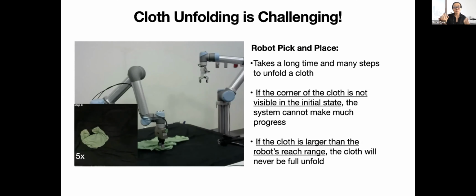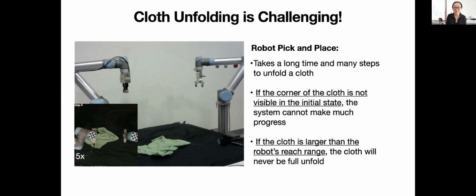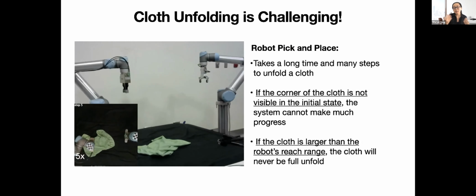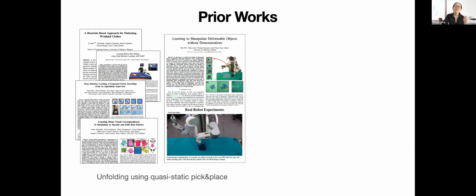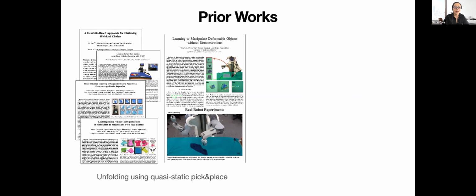And if the corner of the cloth is unfortunately not visible in the initial state, the system will not be able to make much progress. Similarly, if the cloth is larger than the robot's reach range, the cloth will never be fully unfolded. So this system reflects a common limitation of many prior works in cloth unfolding, where the robot can use only quasi-static interactions like pick and place